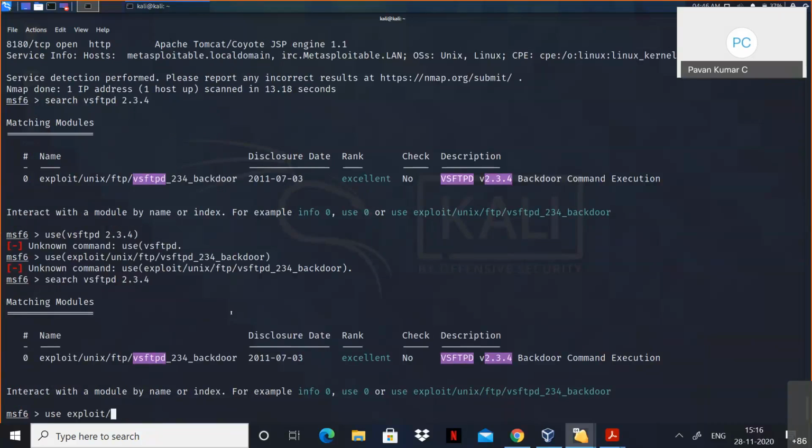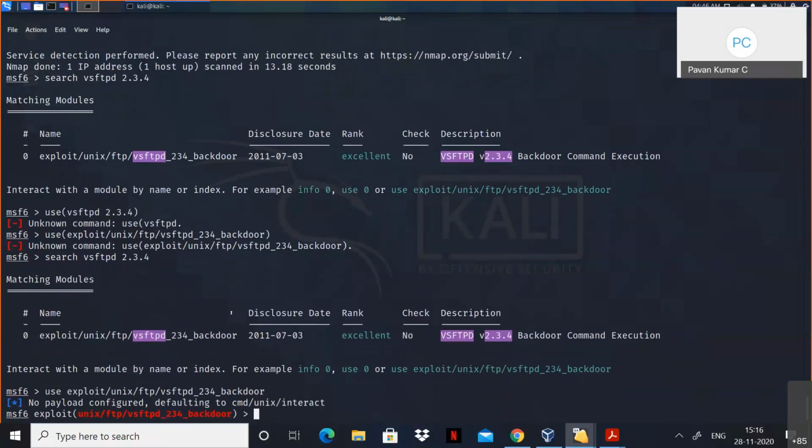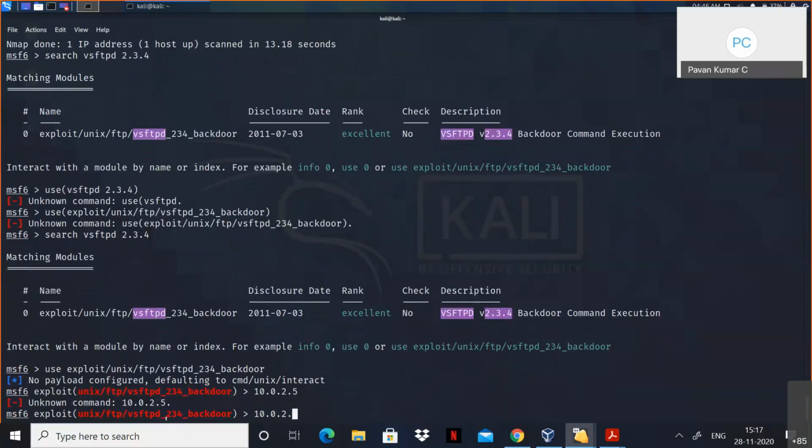One second, exploit Unix. Yeah, I think I was by mistake using the wrong one. Okay, for the payload, I think I need to give the brackets. No payload configured, but I can see over here that now I am in the exploit Unix FTP service. Now what I will do is I will give the path of my Kali Linux, 10.0.2. One second. Okay, I will set,